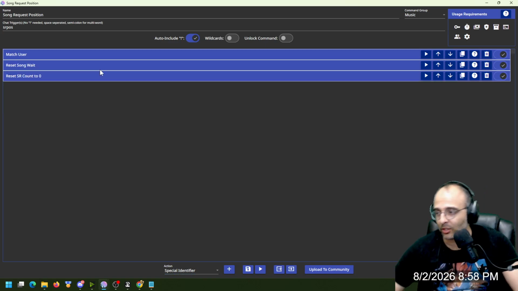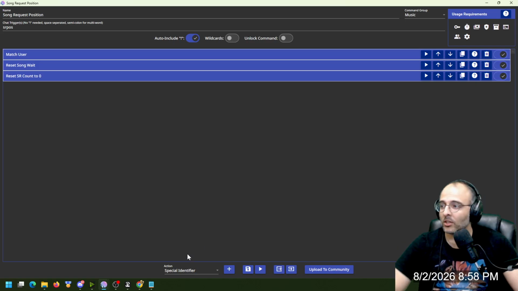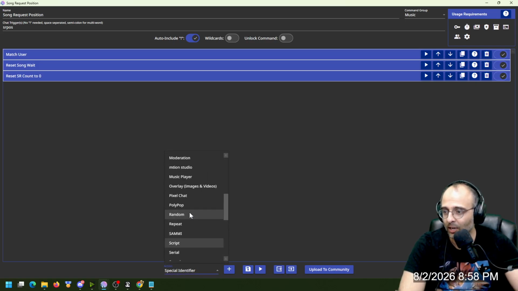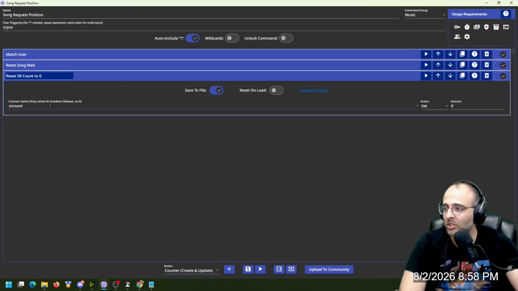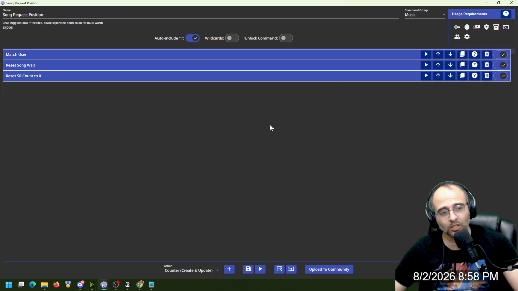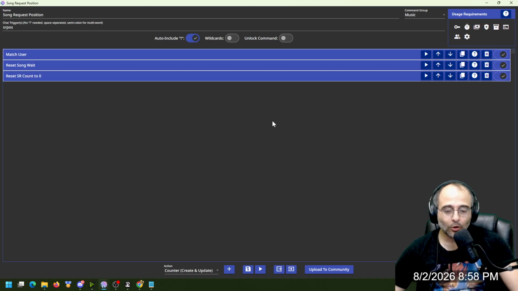And then we want to reset the SR count to 0. We want to start back on the first line when this command starts back up again. So we'll add a counter action. Select the SR count, save to file, set to 0. And that is the song request position command for any particular user to see